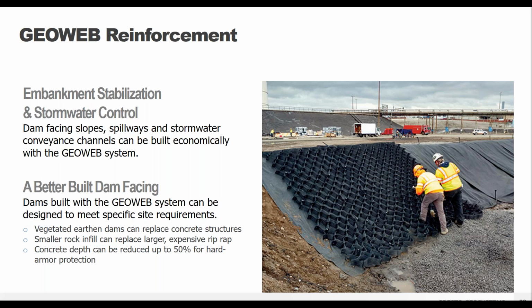And so if rock is used as your infill material, you can have greatly reduced rock size. So going from something like 12 to 14 inch riprap stones down to something with a D50 of 2 inches. So pretty big reduction. And if you were to use concrete, you can actually cut out all of the internal reinforcement. You wouldn't need any sort of reinforcement bars because you would actually be having the GeoWeb panels as the reinforcement. So you can have a reduction in the concrete depth and elimination of internal rebar, that sort of thing.